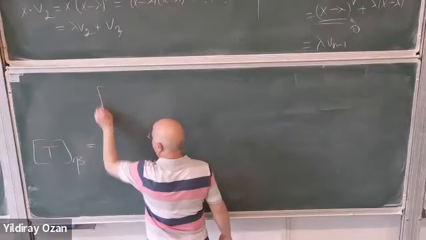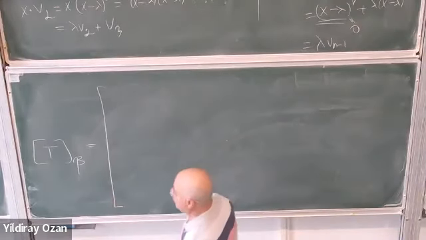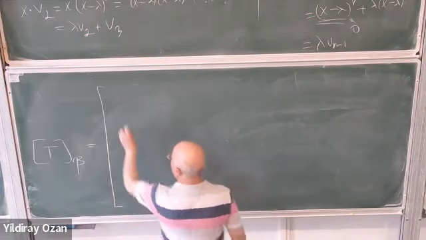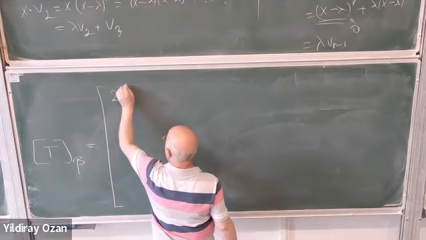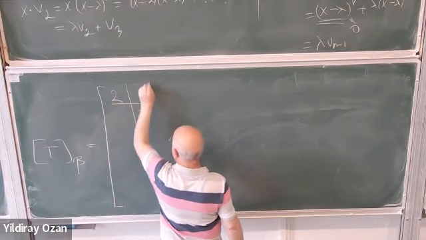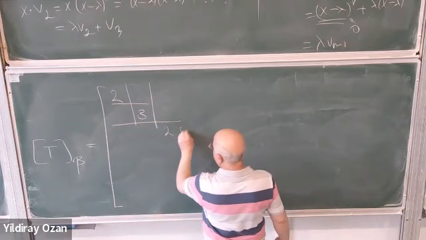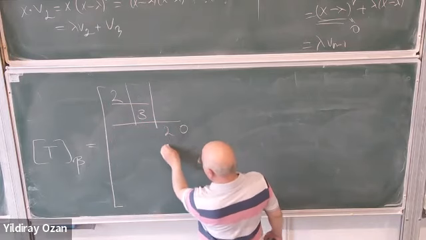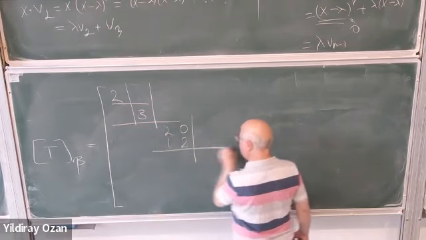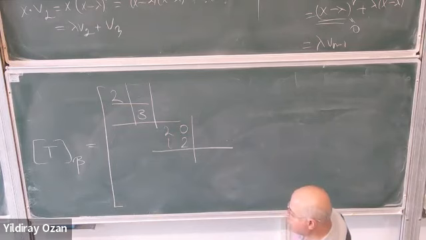Okay, so let me rewrite one more time. So here I have 2, and then here we have 3, and then we had 2, 0, 1, 2, and then we had